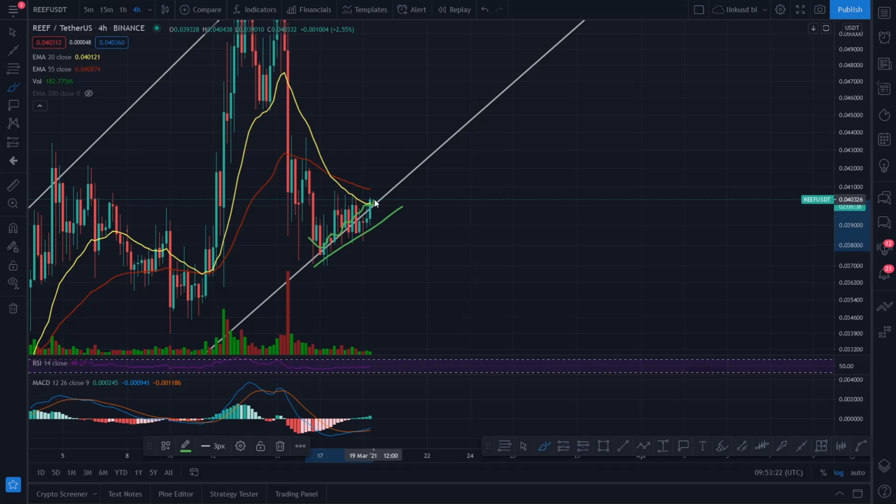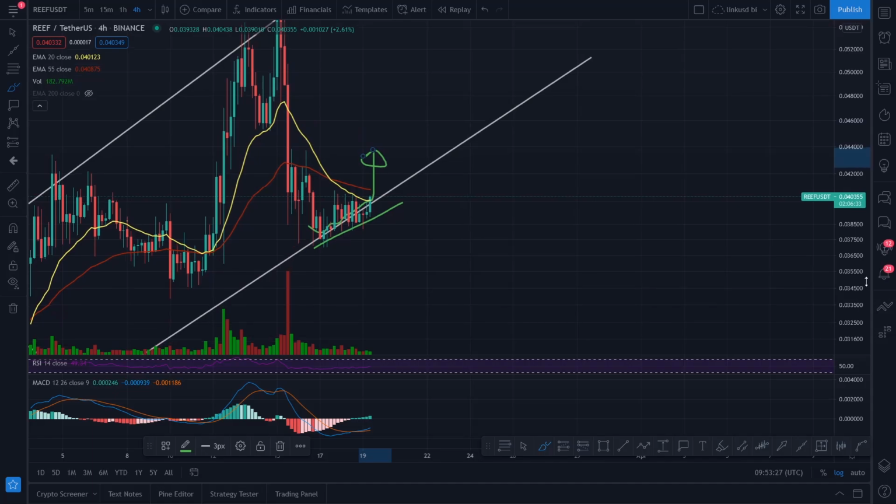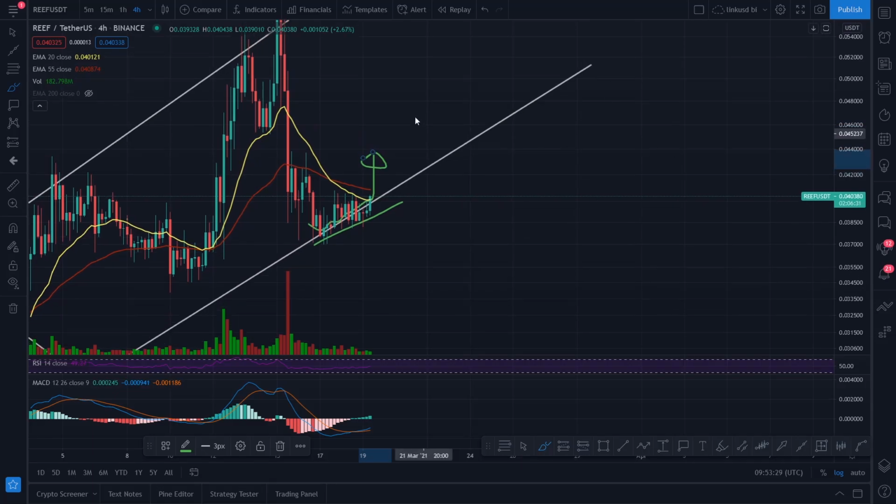So potentially on the cards, we are looking at a breakout for Reef. Okay, so it's all good. Strong hands. I'm going to jump onto 1Inch right now, and also let's bring to your attention